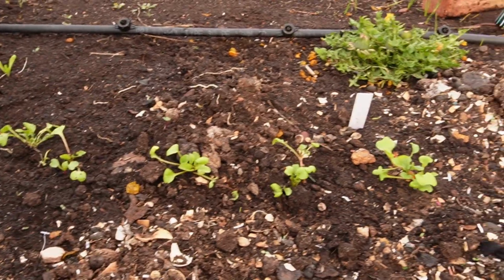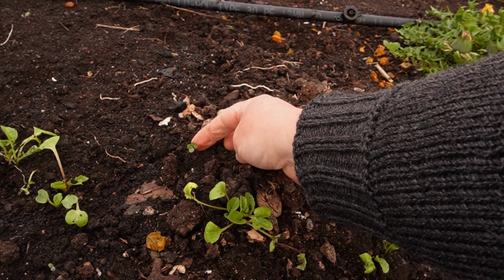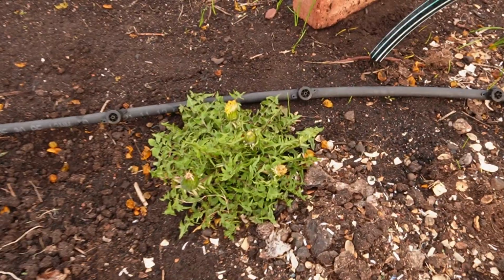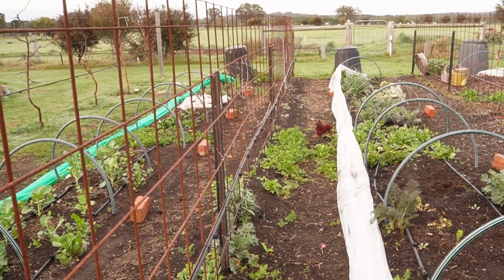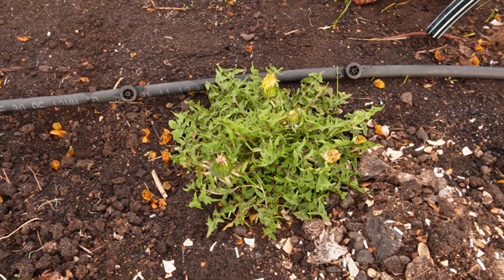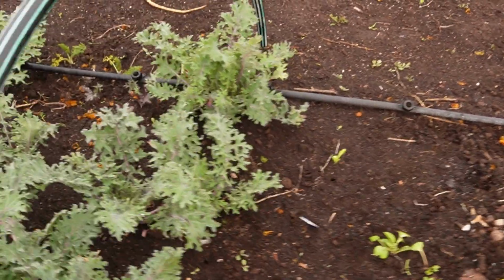Like, they'll be ready within weeks, I'd say. As soon as it gets a bit warmer, they will just sprout up. I think that might be a kale plant there. I might take that out. And I've got another dandelion plant coming up here. So this would have come from seed from that dandelion plant all the way over there. It would have blown here, and here it is growing. I need to start harvesting the flowers, and I'm going to make a salve from the